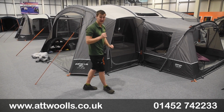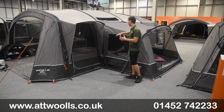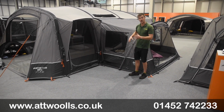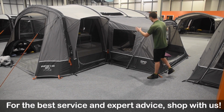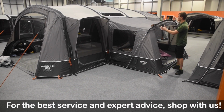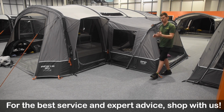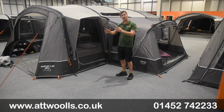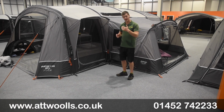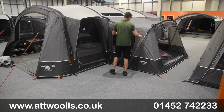Like I said, the only real major change in comparison really comes down to the addition of having extensions on the side. So these are physical zip-on studios, as Vango are calling them, whether it be a large studio, which essentially takes up 2 panels along the side, or just a single studio, or small studio as they're calling it. The small studio we'll come to have a look at in a second is definitely more of just a bedroom compartment directly off, to give your tent suddenly that Tahiti kind of feel. With the large studio,